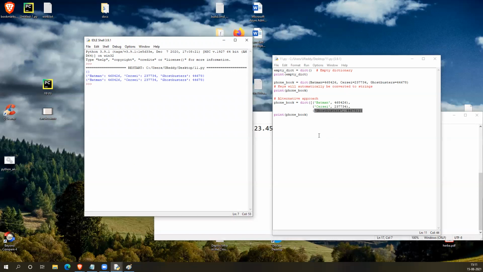So to access the values, one option is you can use the phone book, and like this you can do it, or you can use phone book dot get.